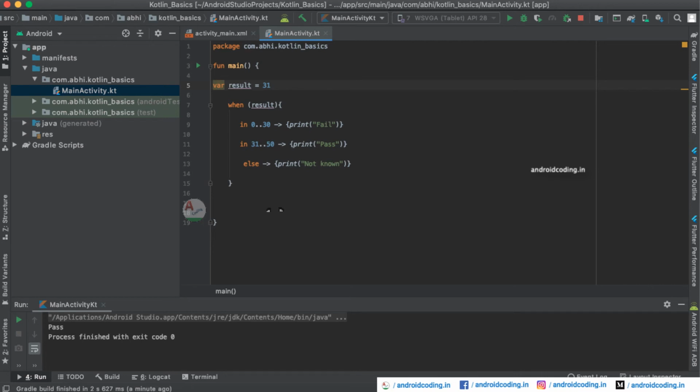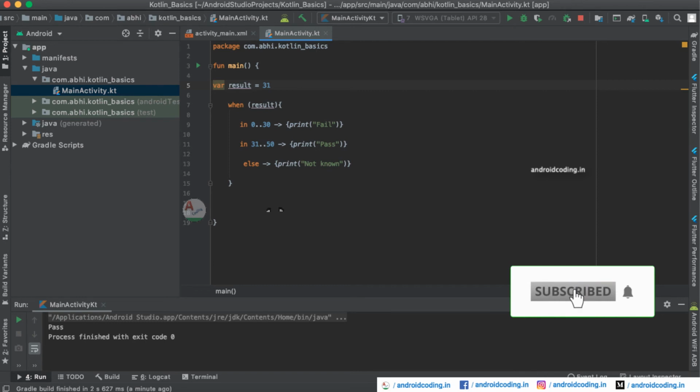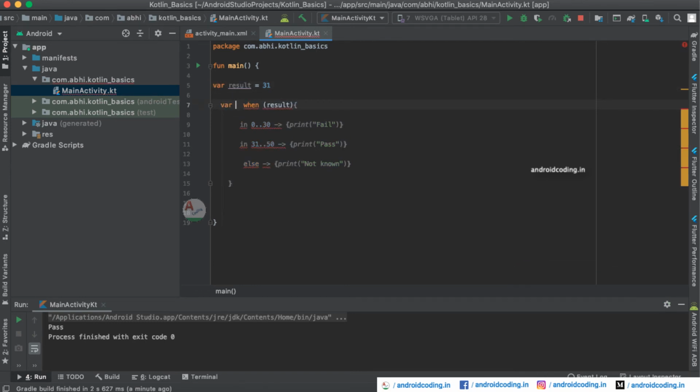And I would also like to show you one more way of declaring the when condition here. For example, if you want to store the result in a particular variable, so here you are having when and you want to store the result of the when, so you can just declare a variable here.